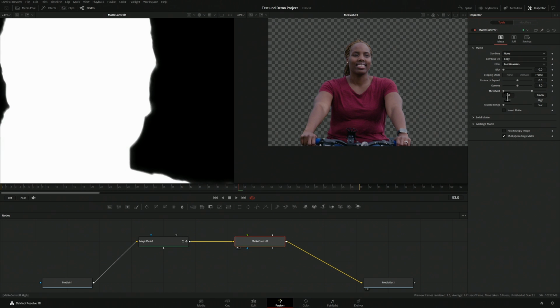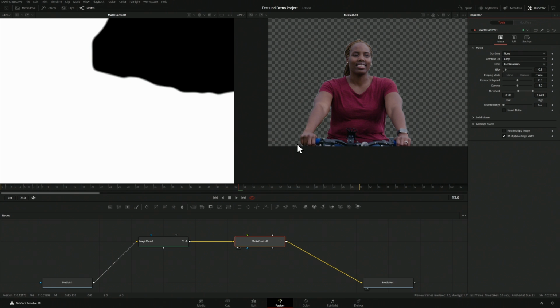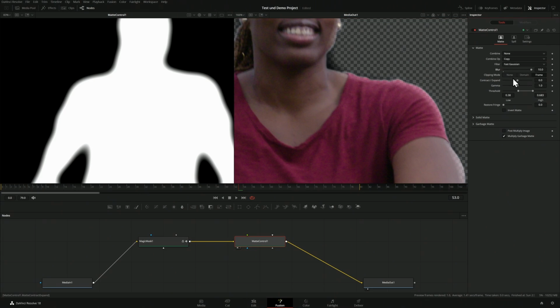If you need to make it a bit harder and clean out the foreground a bit. Maybe add some softness to the edge afterwards. You can do whatever the final composite requires. One thing you might notice when you do this, especially if you extend the mask, let's do it by intention, like a bit